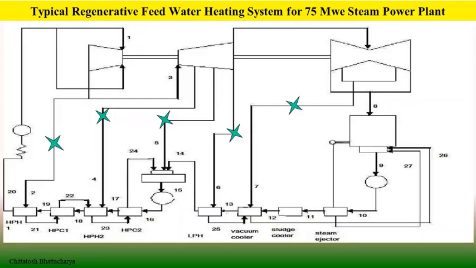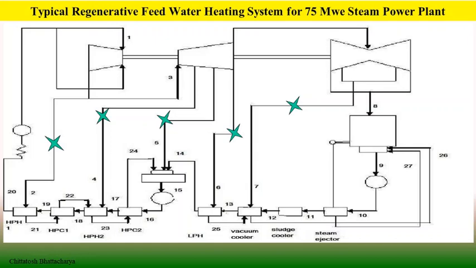So these together constitute the regenerative feed water heating. Let us now try to understand the impact of regenerative feed water heating with reference to a practical application, when a system is running with a regenerative feed water heating system and when there is no feed water heating system. This schematic layout is a 75 megawatt pulverized coal-fired power generation unit, generating steam in a radiant natural circulation, single drum, balanced draft, dry bottom, front fired